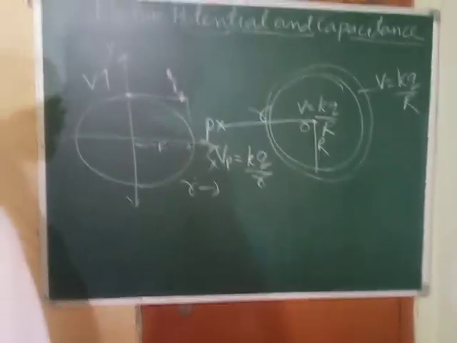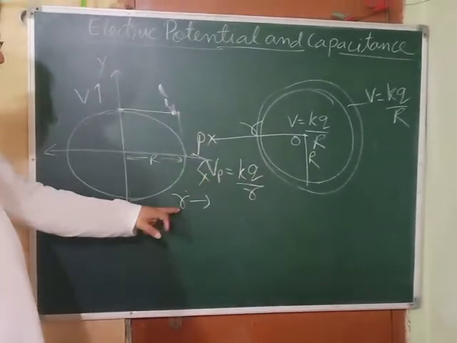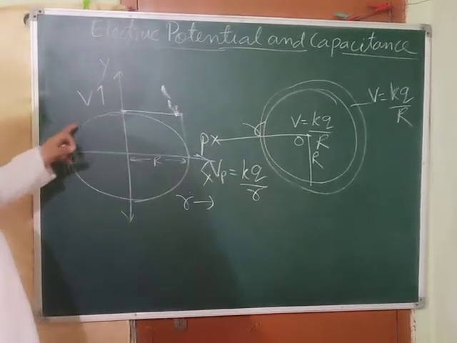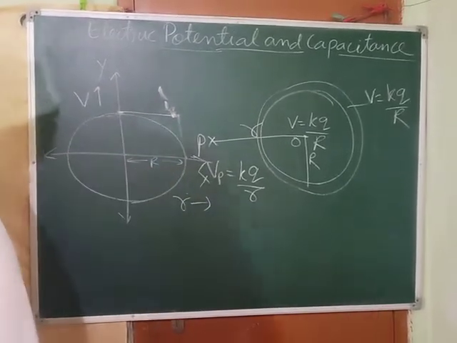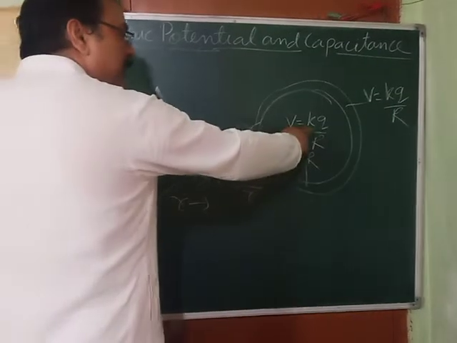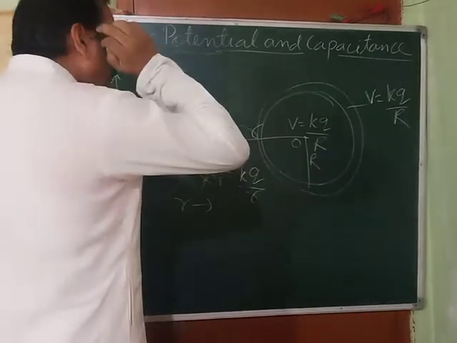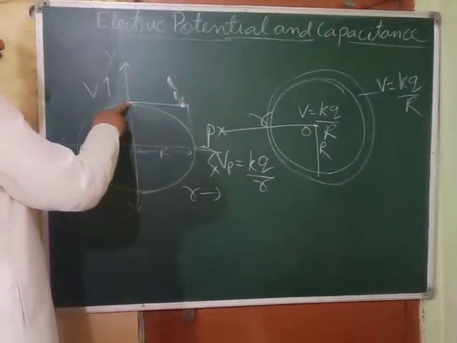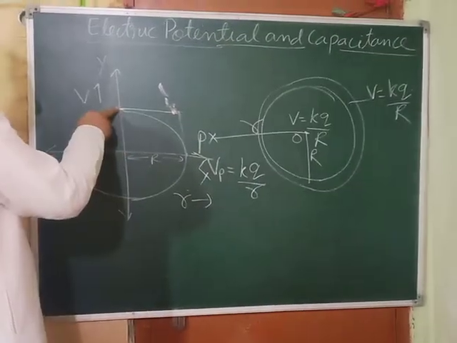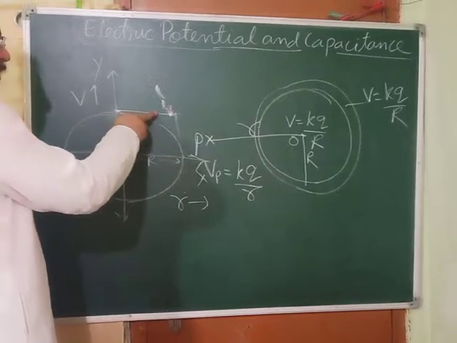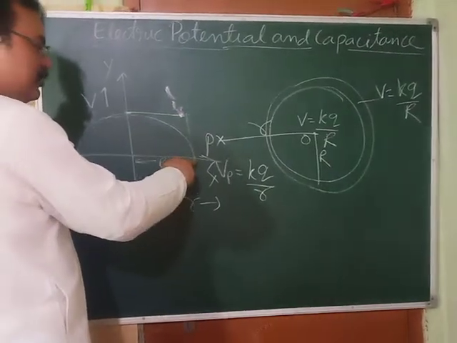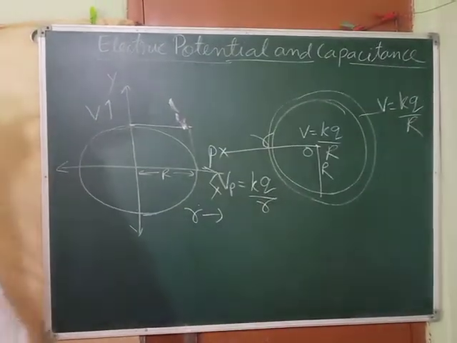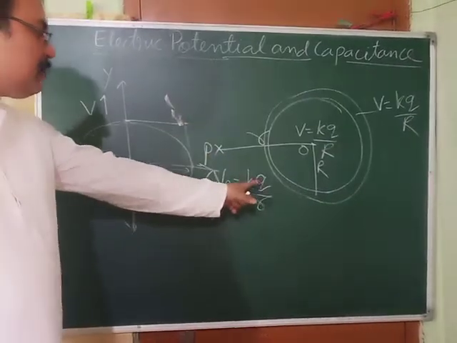See, along the x-axis we have taken the distance, along the y-axis we have taken the potential, and this is the spherical shell. So inside the spherical shell, what is the potential? It is kq by R. And on the surface also, it is kq by R. So the potential is the same, even inside and at the center, it is kq by R, until we reach the surface. Now after this, what we find? If we move away from it, it becomes kq by small r.